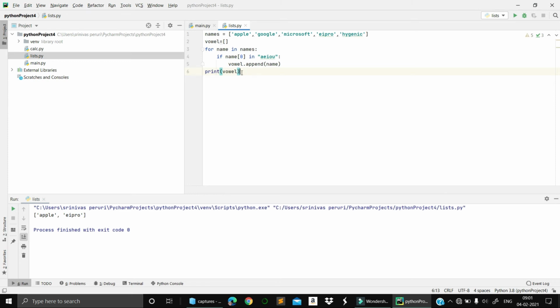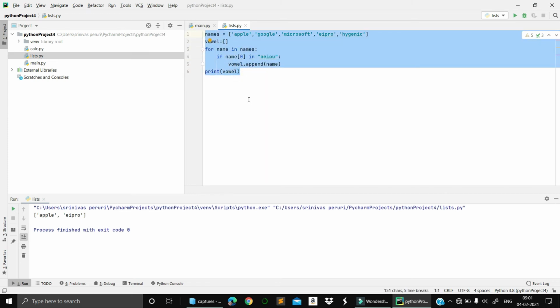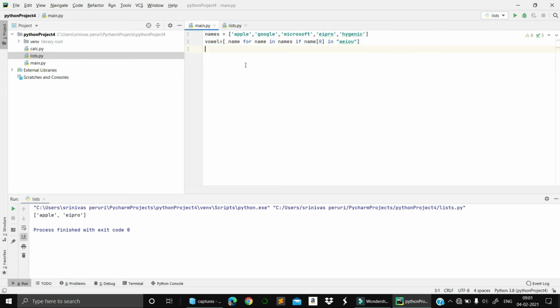But here I'm reducing the code complexity. In a single line, I'm getting all the things. You just give the input list, and from this you separate out the A E I O U. If the name at index 0 starts with any of the vowel characters A E I O U, it has to be separated out. It is simply converting that, right?